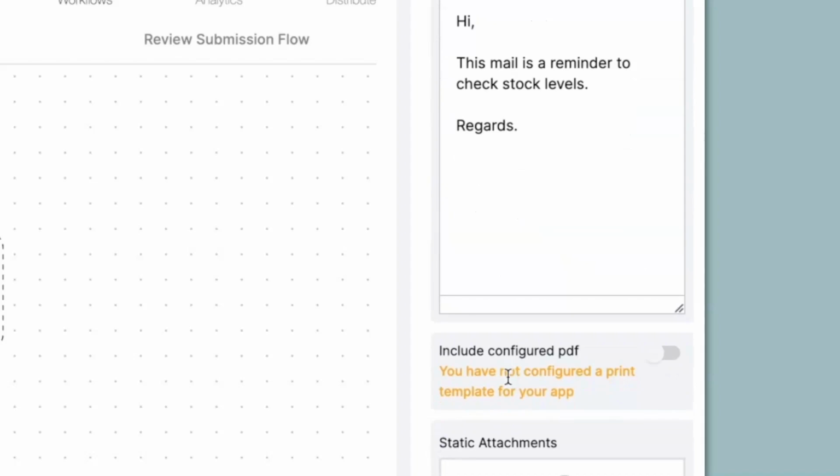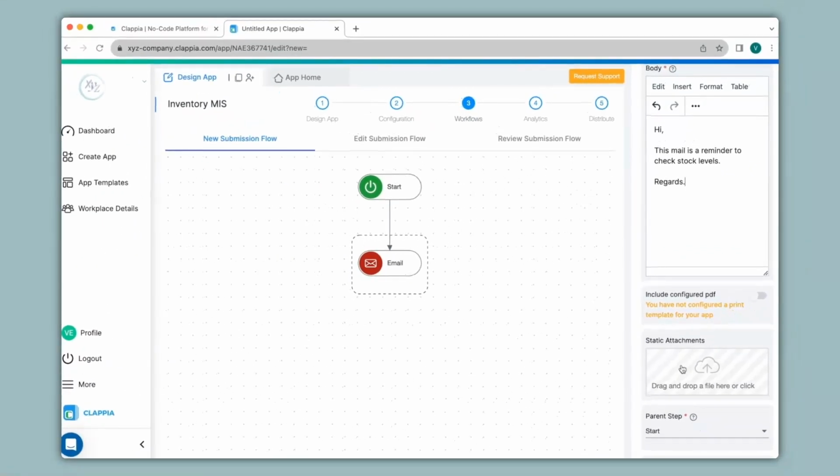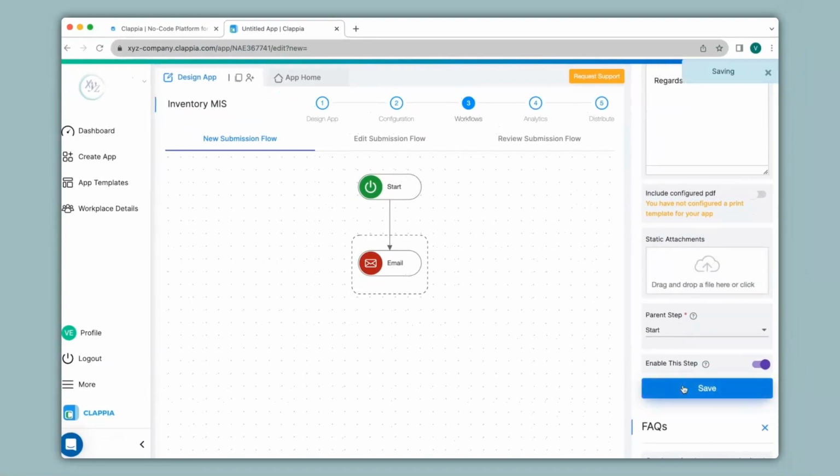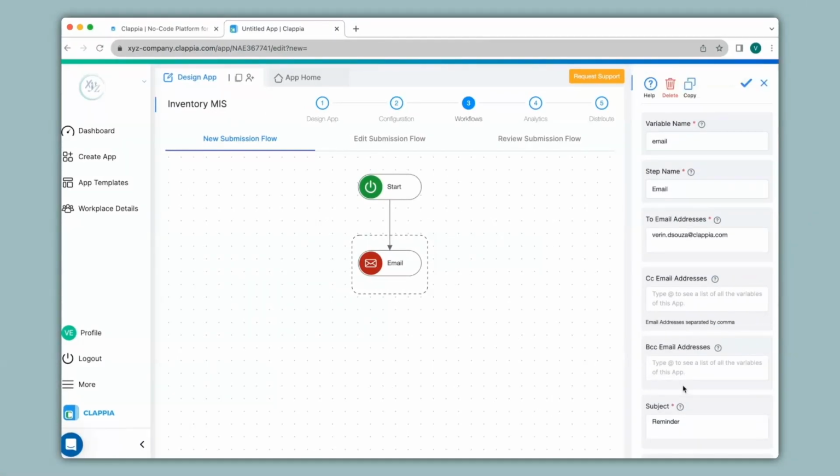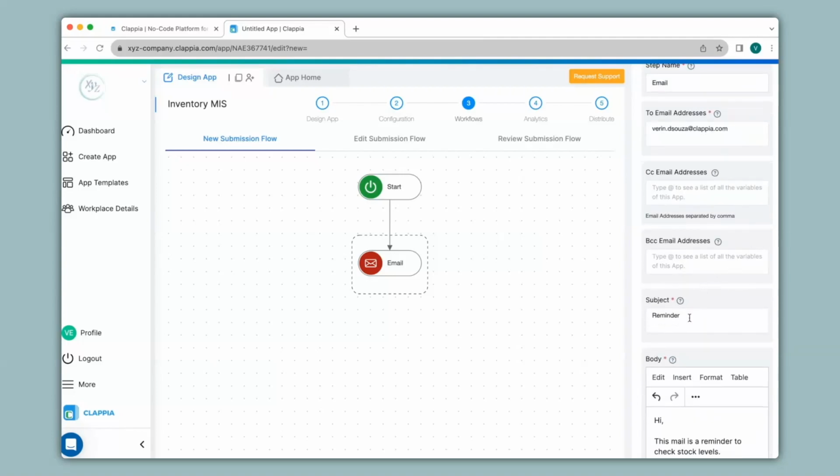Next, if you have configured PDFs, you can enable this option to include them here. Or if you want to send attachments that you might have in your system, you can drag and drop them here as well. Once you save it, your configuration for this particular email node will be saved. So anytime a submission is made, it will be sent out to this email address with the subject and the